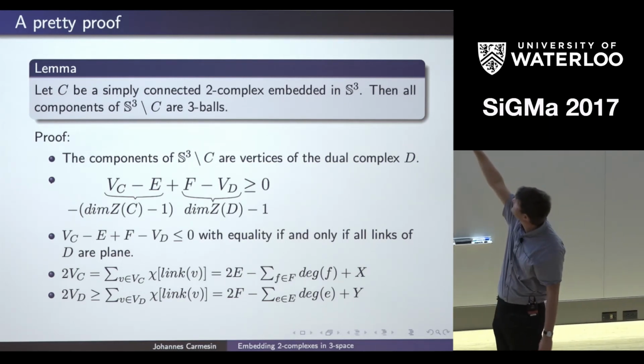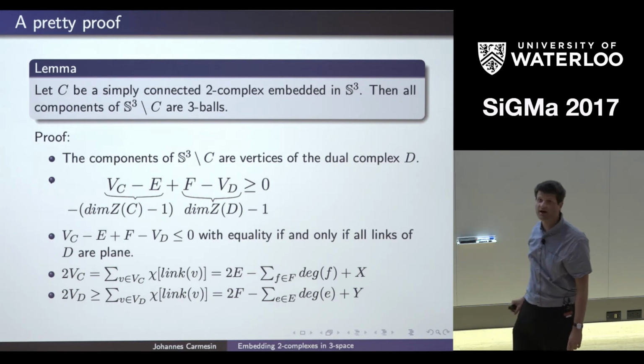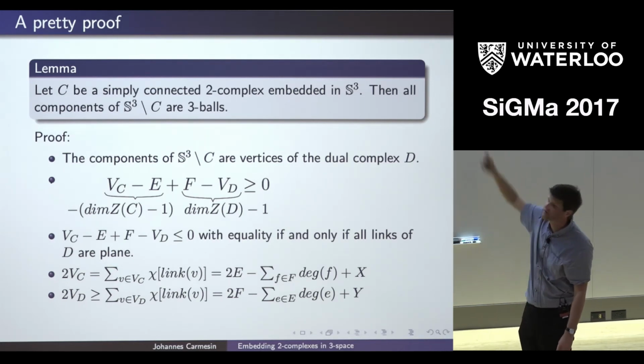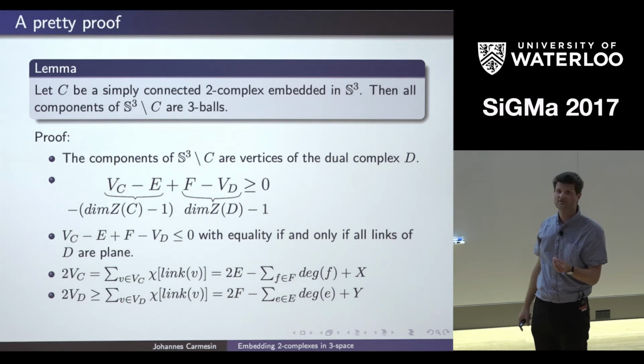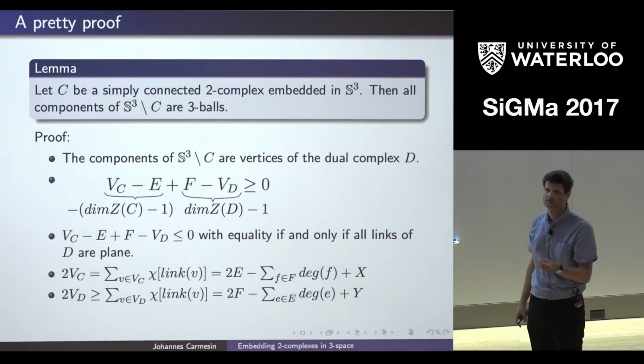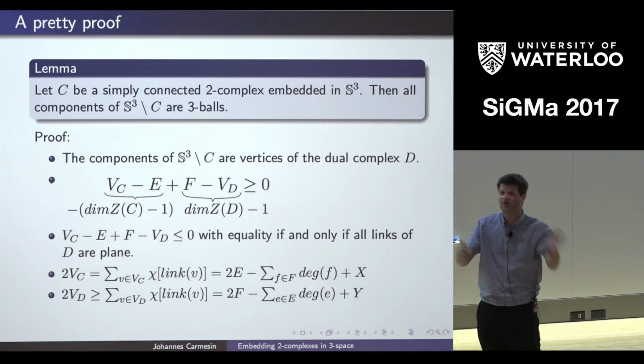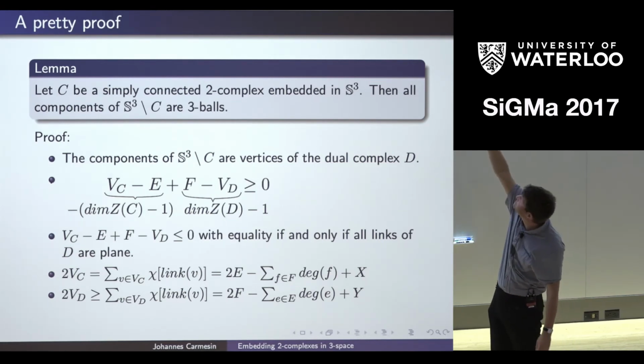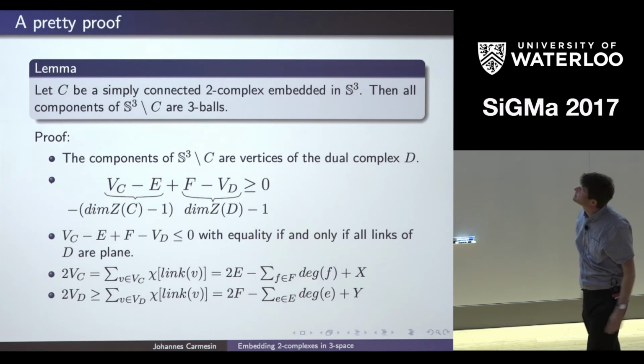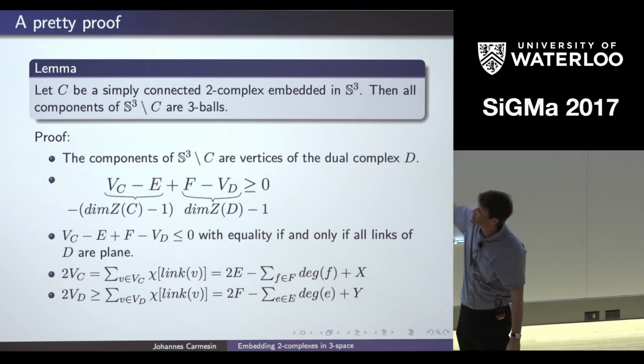Right, and now these two sums actually cancel out, because what do they count? They count the number of non-zero entries of the edge face incidence matrix. And the edge face incidence matrix and the transpose have the same number of non-zero entries, so actually these two sums are the same. And now we just take the difference between these two formulas.